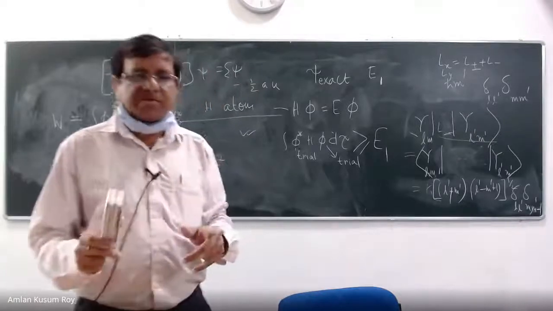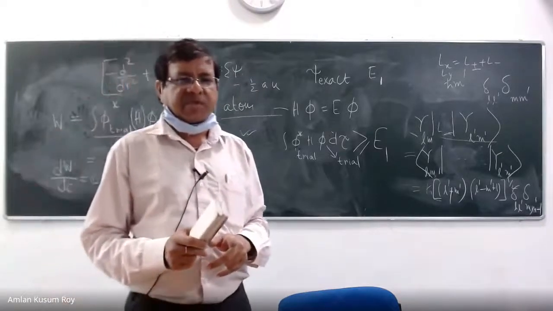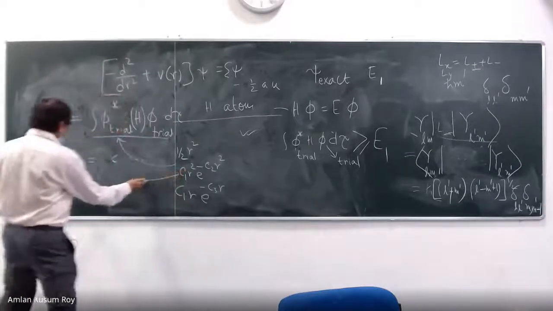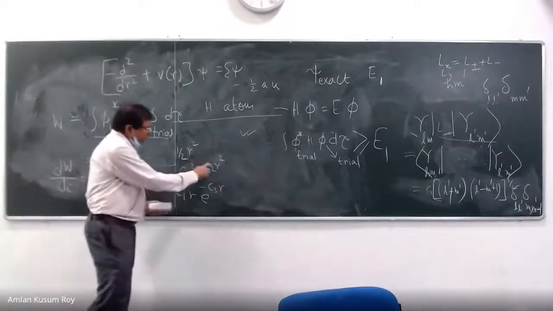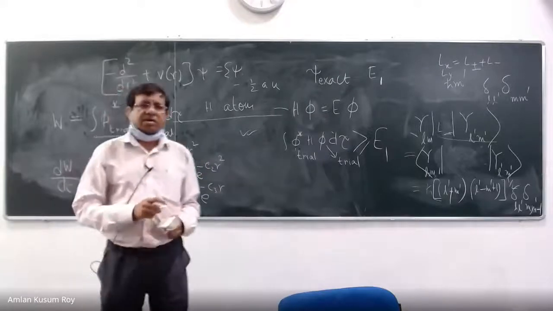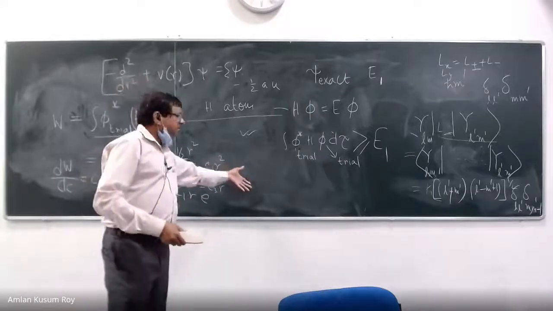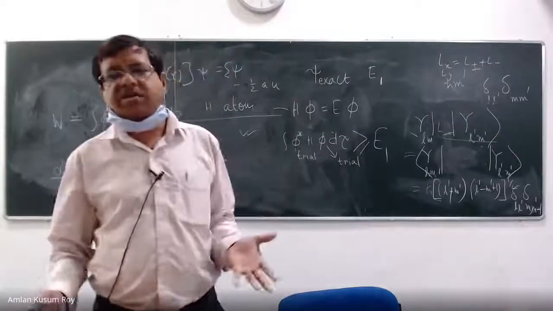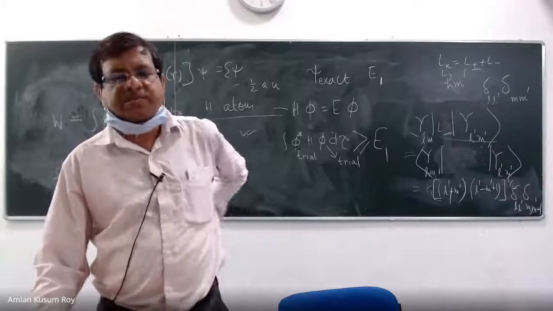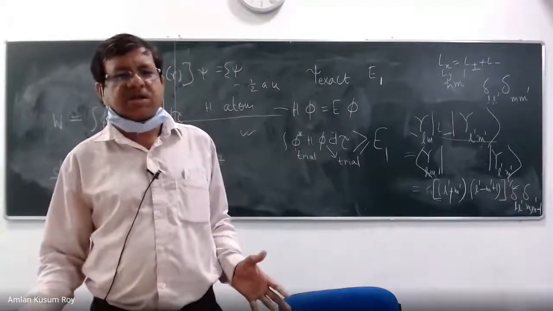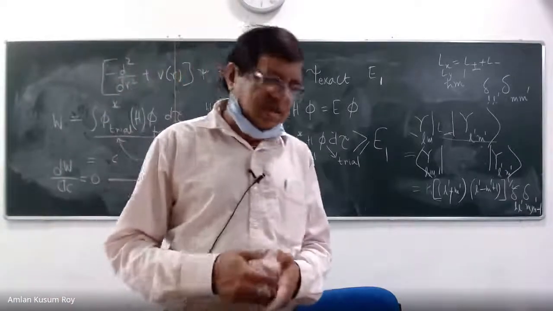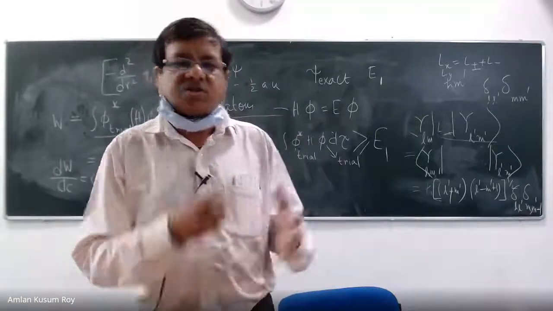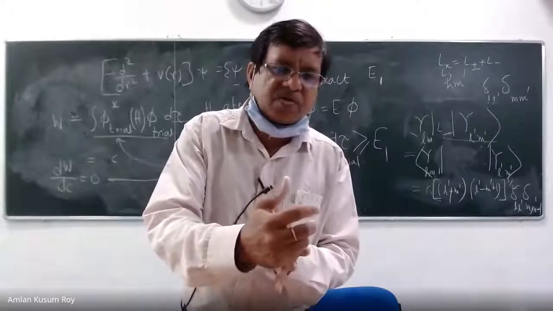So you did not solve the Schrodinger equation, remember. You just considered the variational integral. Now in this case I have two parameters. I can construct a function of 3 parameters, 4 parameters, 5 parameters. That is why the matrix sizes in the actual calculation become very large, because you have too many parameters. Generally the understanding is that if the number of parameters is large, you can get better and better energy, close to the exact energy, but never exact.